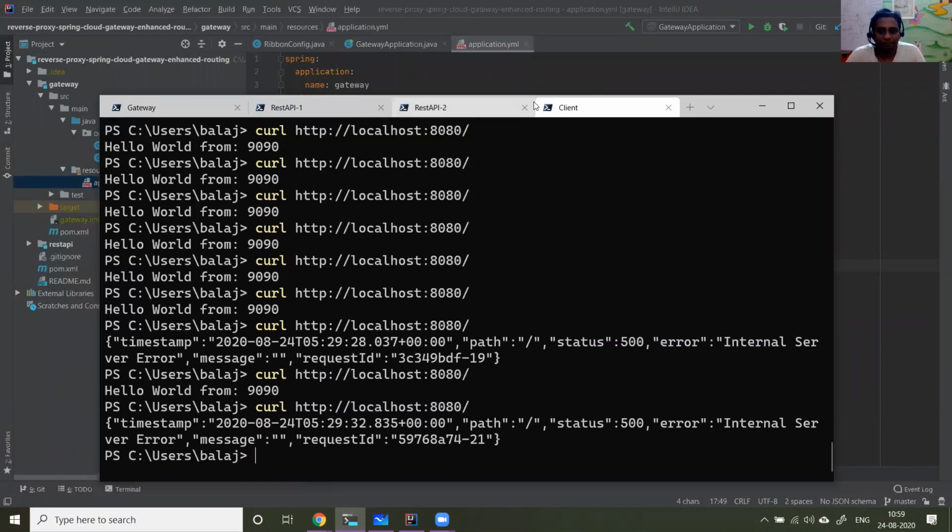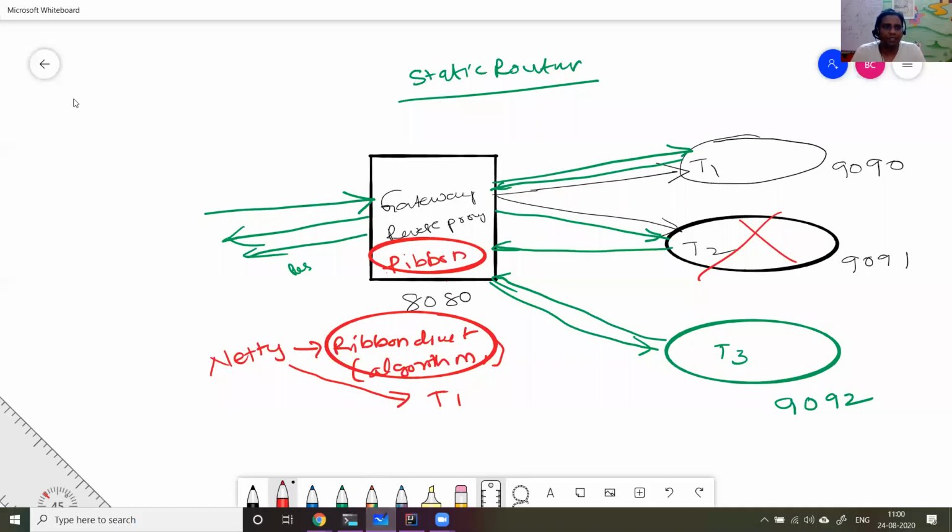Anyhow, now let me jump on to the next. The drawback with this is that it's not working in a smooth and seamless fashion, right? Even if I restart Tomcat, for the dead Tomcat the request is still going to it. The best way to solve this is to use a dynamic routing concept. So I'm going to explain what is meant by dynamic routing.